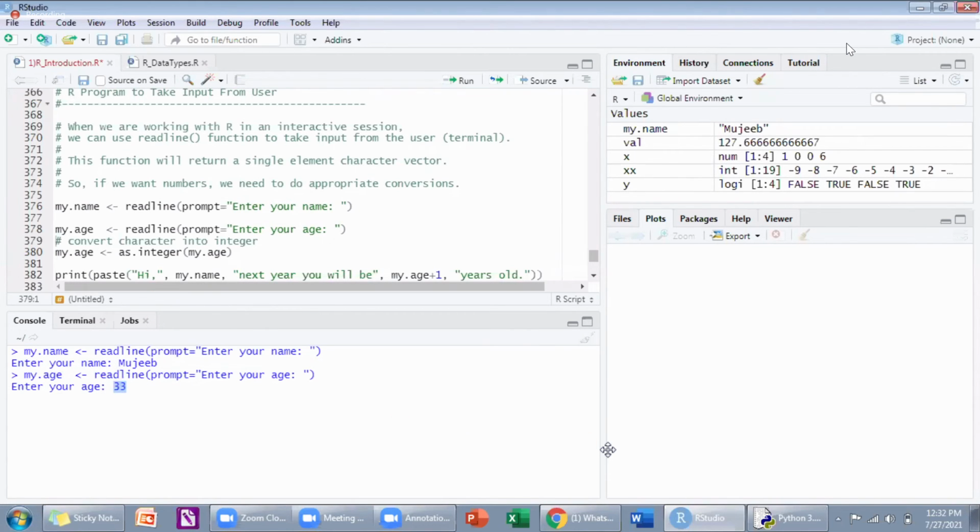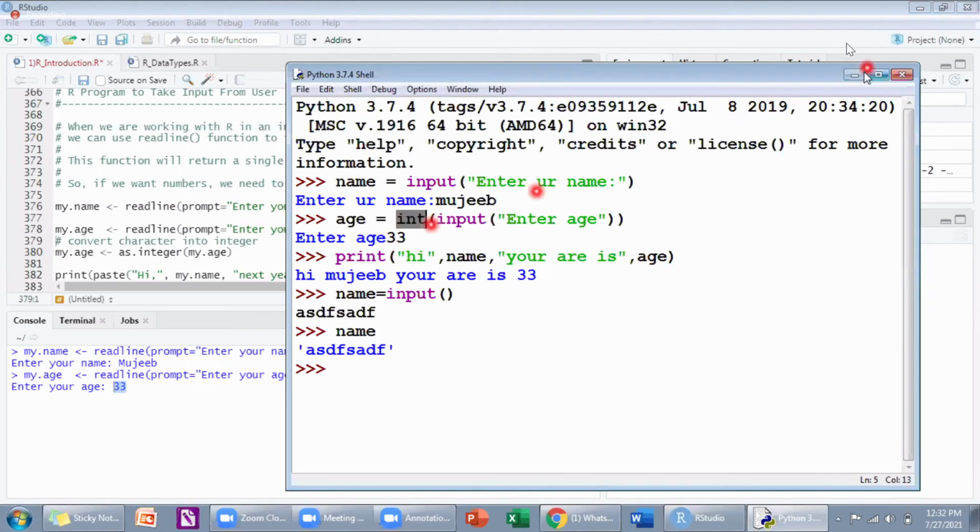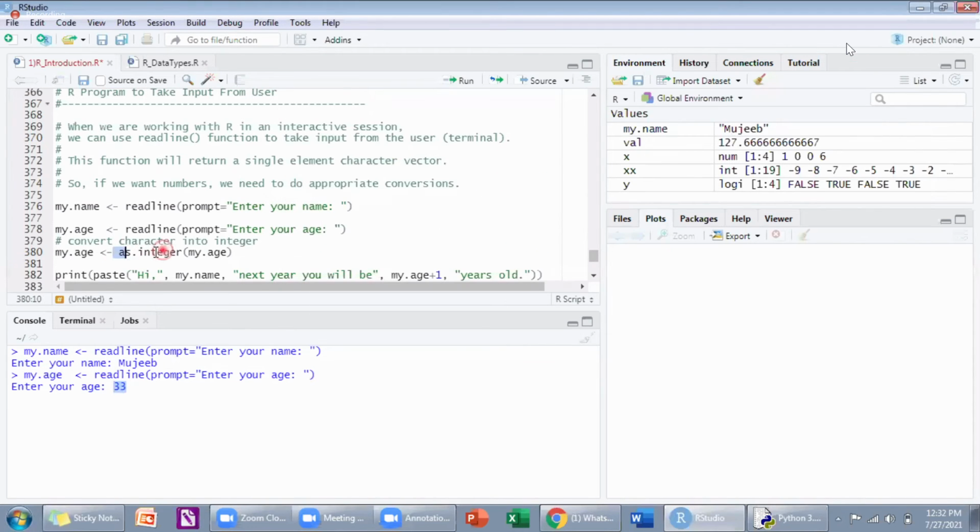I have converted the string into integer using int. Here for int, I have a function known as as.integer. Again, I will discuss this in the coming class, in data types. Directly I can use it here also, but to differentiate, I have written it separately. It converts character into integer.